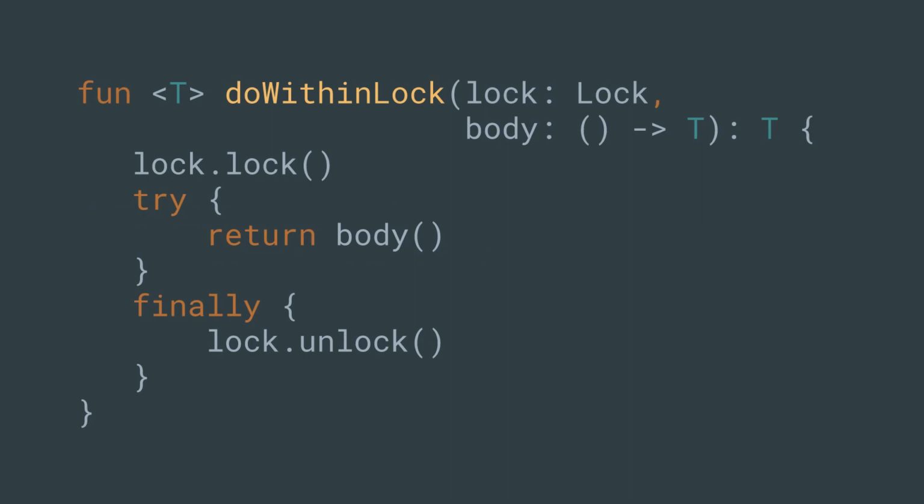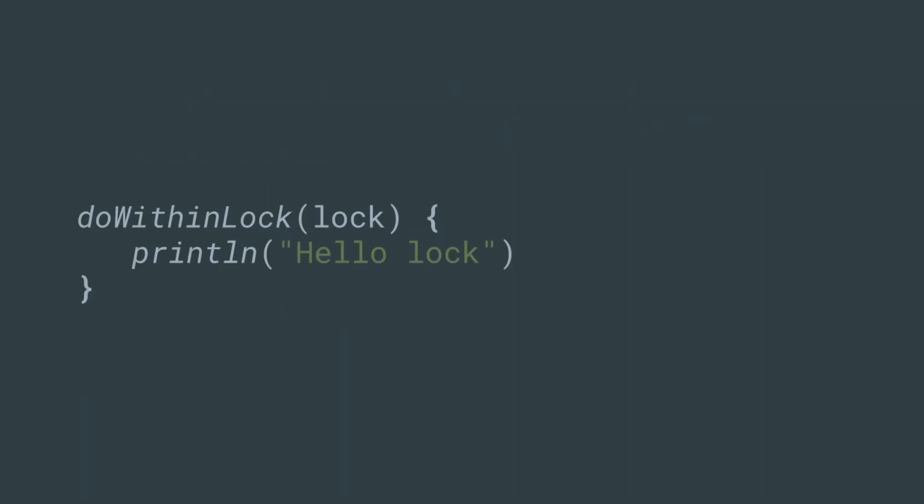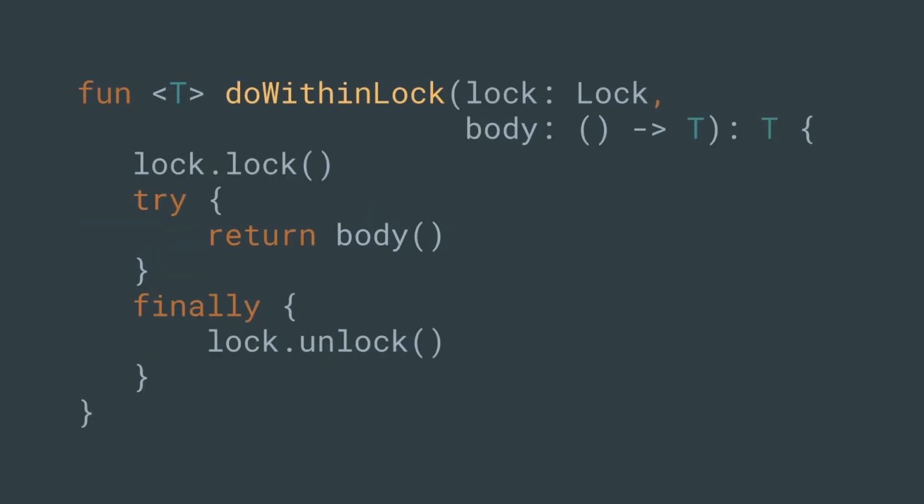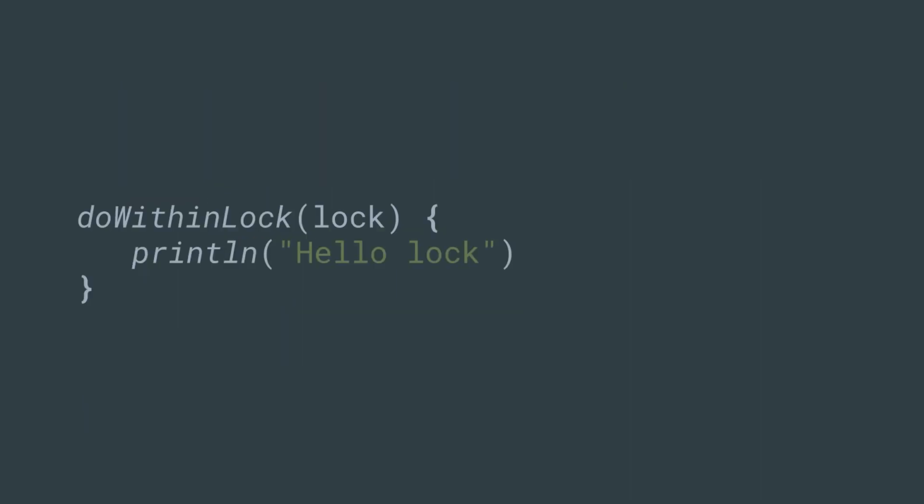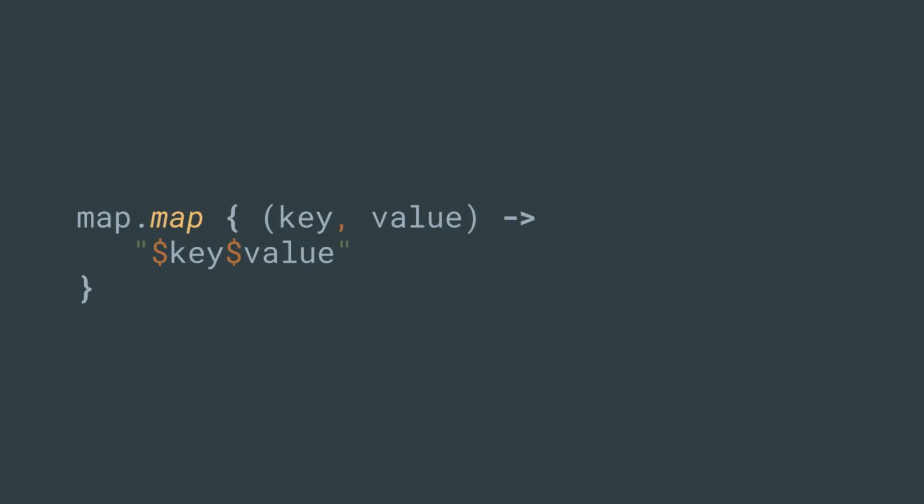If you declare this doWithinLock function as what they call inline, the compiler will actually see that, oh, you're not using this lambda as a value. So when you put this in your code, it will actually inline all this and not create a lambda at all. It will just replace this return body with what's actually within the lambda. And that makes Kotlin lambdas a bit more powerful and in most cases much more performant than Java's, even though they're making great strides in making it better.